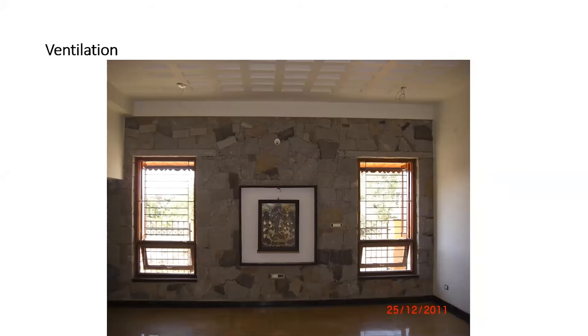Same is with the ventilation. So this is the wall I was talking about. These are called random rubble walls. This is used by indigenous people in British Columbia. Even our Vancouver International Airport uses these methods of construction. I think their walls and pillars are made out of these.